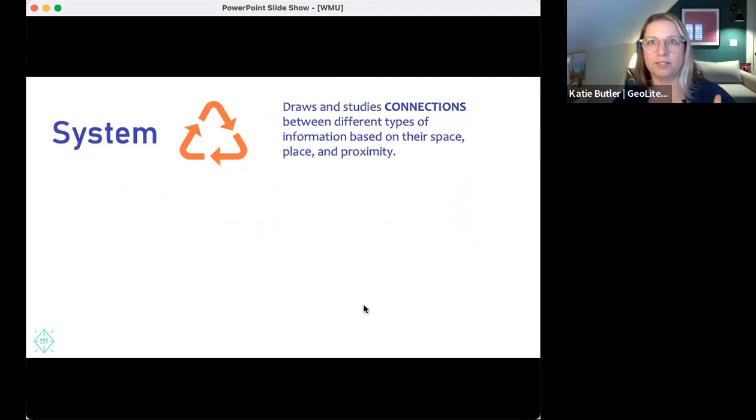And all of y'all who answered 2 or would have answered 3, but you didn't for some reason, you already know this part. But for those of us who are 1s or 1.5s, the system part is that GIS usually is comprised of layers of information. If you think about old acetate transparencies, you could take a bunch of those and layer them on top of each other and then put a pin through the middle and understand what the information was that goes through all of those different layers.